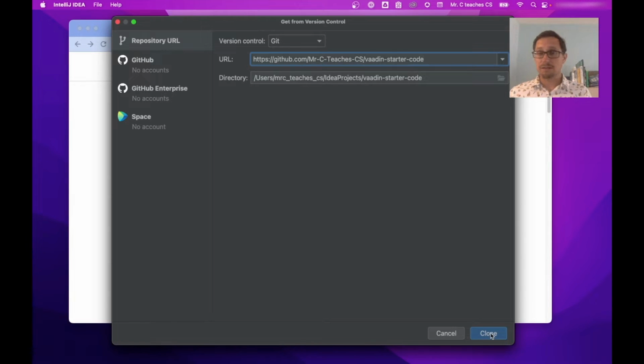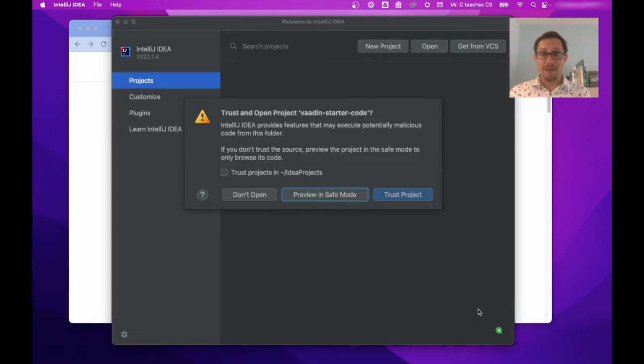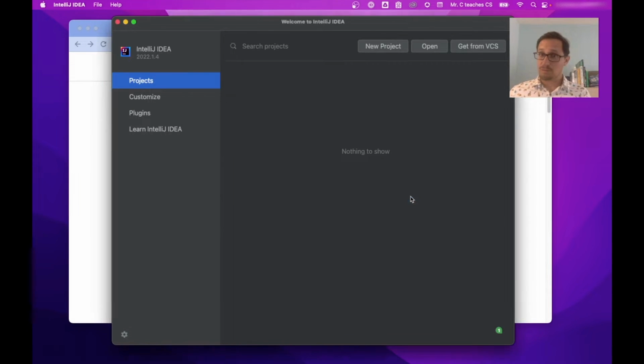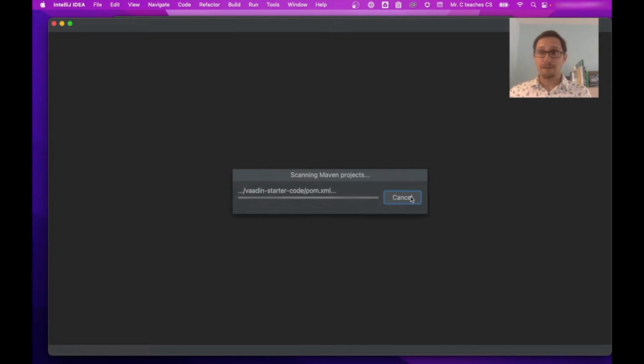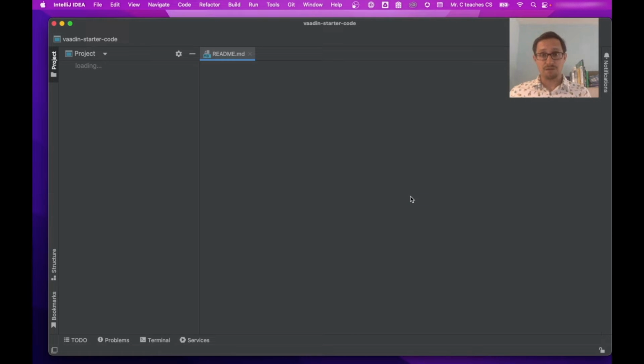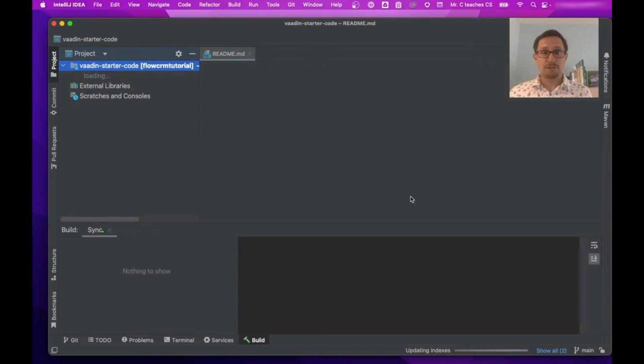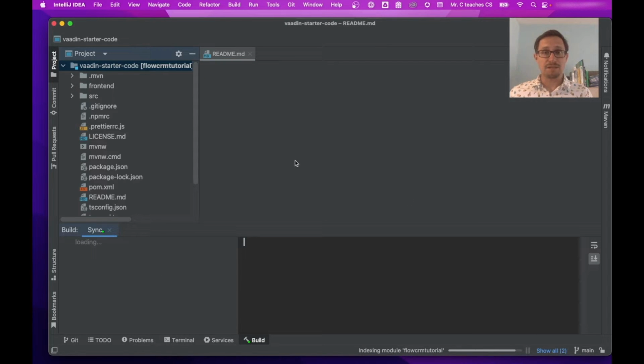And down here I'm going to click clone. And so what clone is going to do is it's going to make a copy. Oh, do I want to trust this project? I do want to trust this project. It's going to make a clone, a copy of that repository's code on my own machine here. Now the first time we load it up, it's pulling it down and it's loading it all up here,